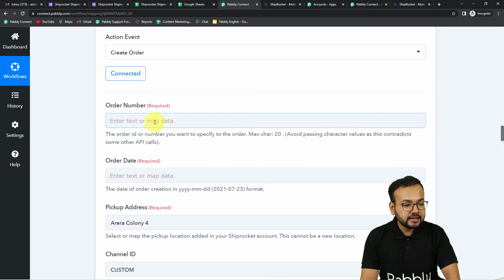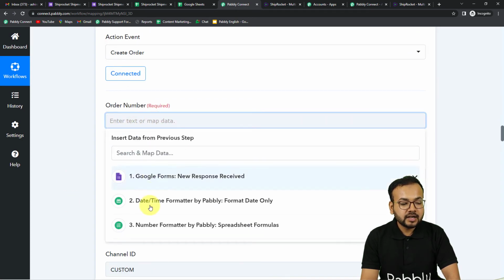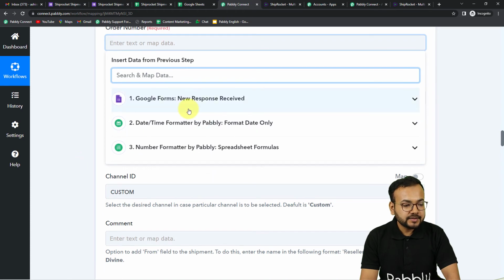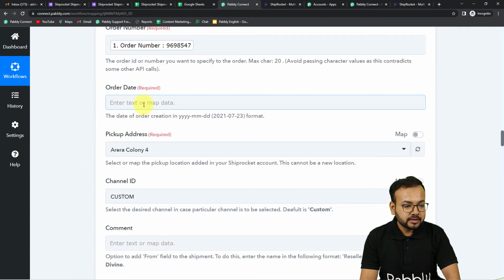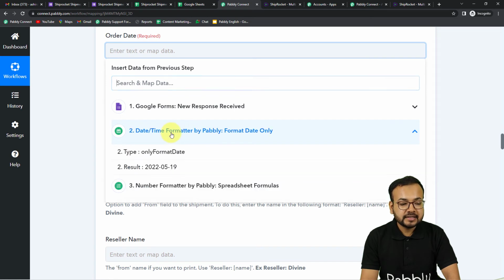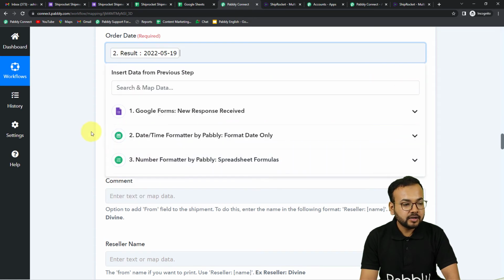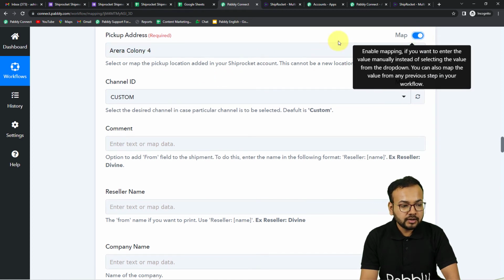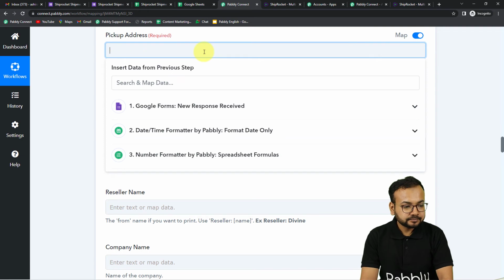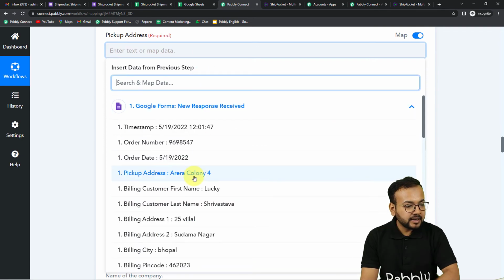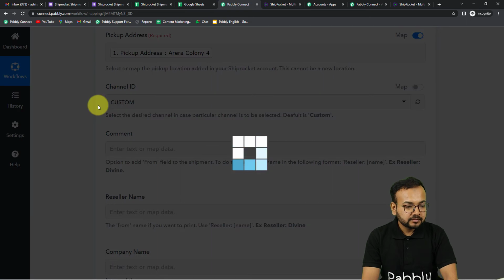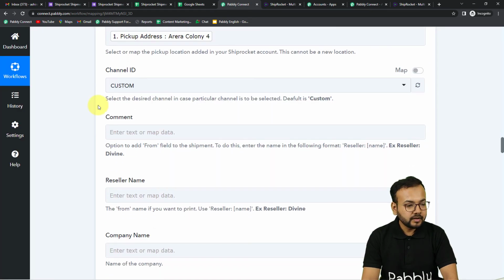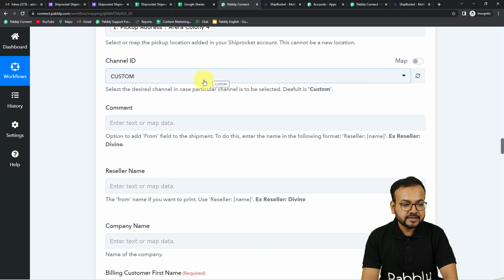So we are now connected, guys, and here when you click on the order number, it will start showing you the previous steps, and from this first step map the order number. The order date we will find in the second step where we have changed the format, map the order date from the second step. And here for pickup address, just toggle this map button to on, erase this field, and from this first step map the pickup address. Okay,